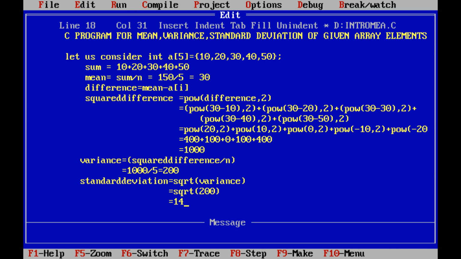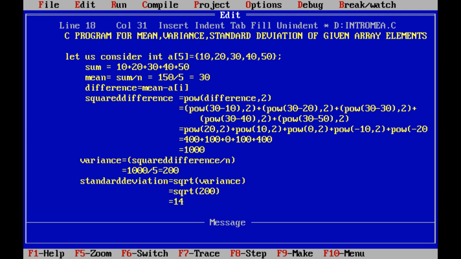This procedure is applied for all the elements of the given array. Then we get the squared difference. Once we have the squared difference, variance is the squared difference divided by n, the number of elements in the given array. After calculating the variance value, how to calculate the standard deviation? Standard deviation is simply the square root of the variance.